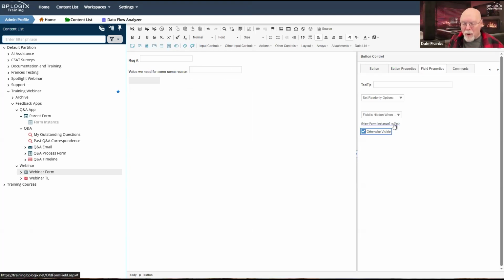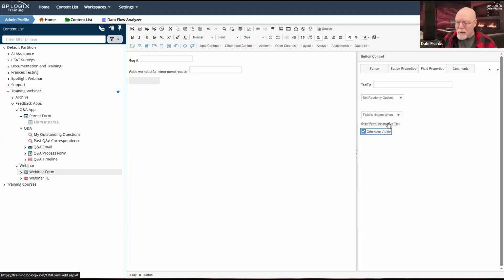This may not be perfect here because do I want people to provide feedback after this process is complete? Maybe I do. And if I do, then this will be fine because one main consideration is when do I want them to initially have the ability to provide feedback? The other question is, when do I want to conclude the ability to provide feedback? If they can provide feedback, as long as it's not a new form instance, they can provide feedback even after the process is complete.